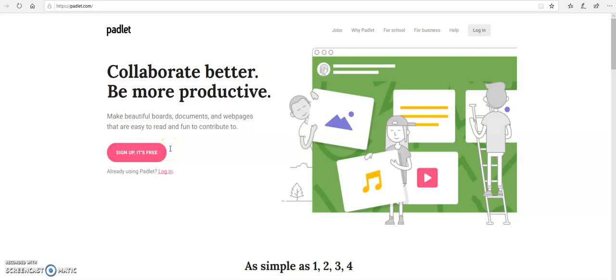This is a very quick overview of Padlet from CCT College Dublin Centre for Teaching and Learning. Padlet is a fantastic tool for facilitating student discussion and collaboration in the physical classroom, but also in the online learning environment. You can sign up for free using your Gmail account, which is very convenient for us here at